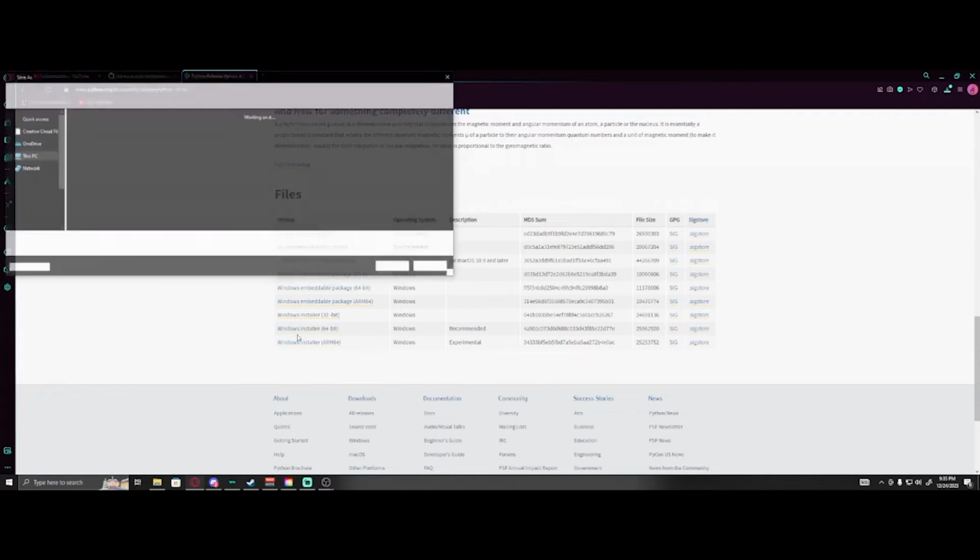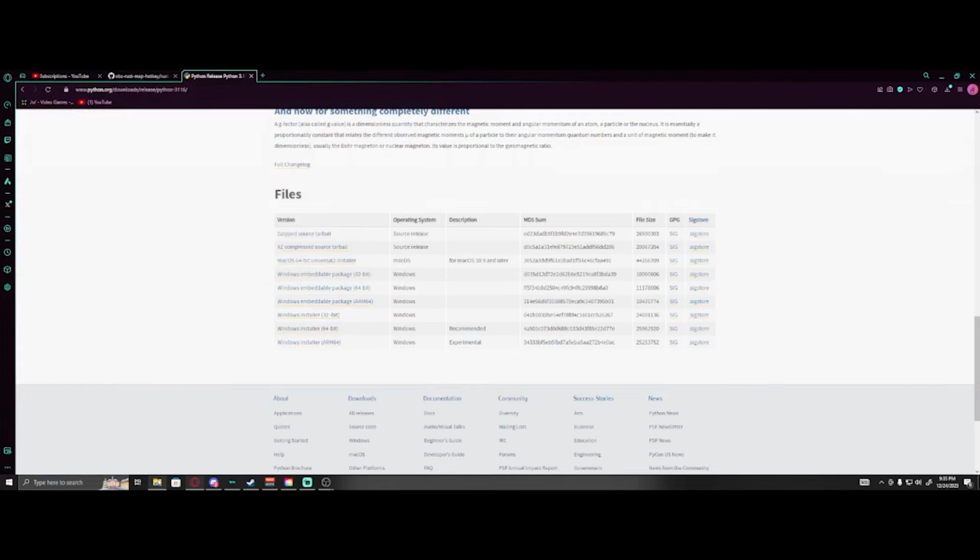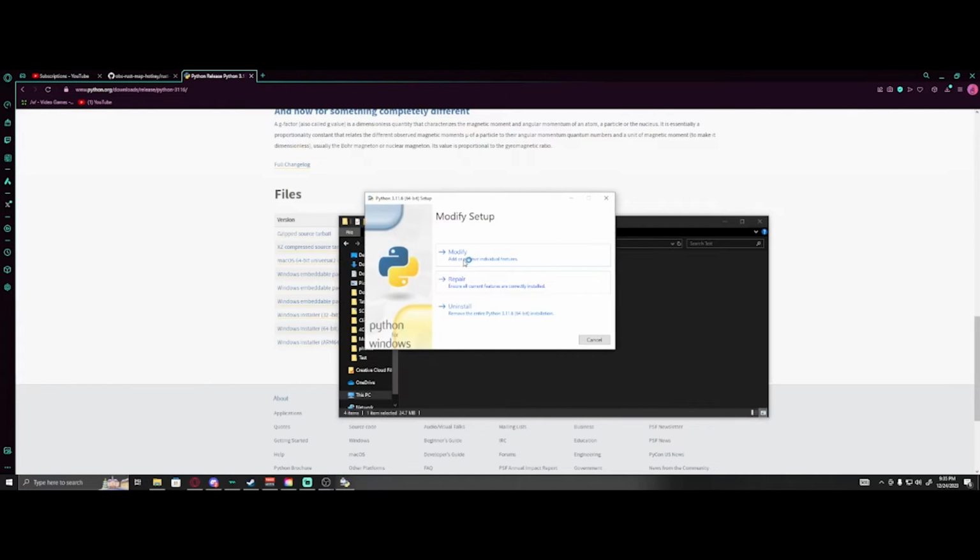Once you install that, you can go ahead and install it wherever you'd like. Go over here, you're going to install it. I already have it installed, so I don't have to. But you are going to want to take note of where that install location is. If it's default, then we'll go over that in the video. But if you decide to do a custom install and install it somewhere else, you'll need to know where you